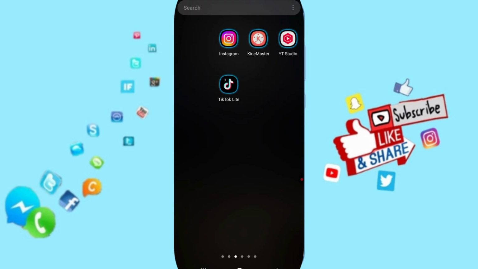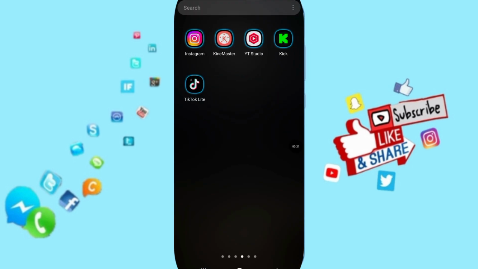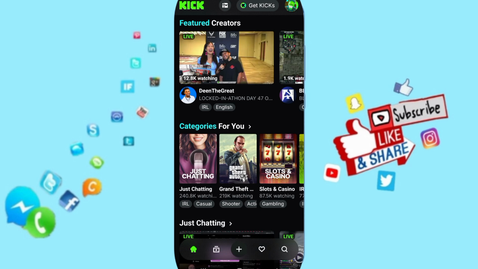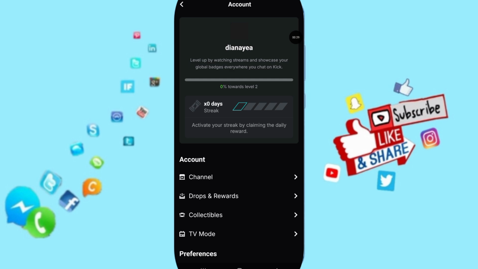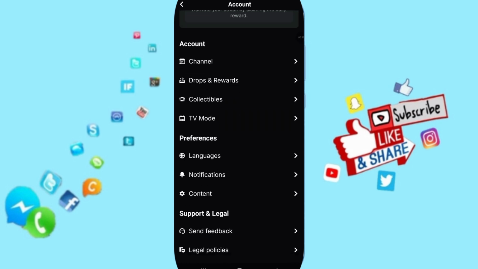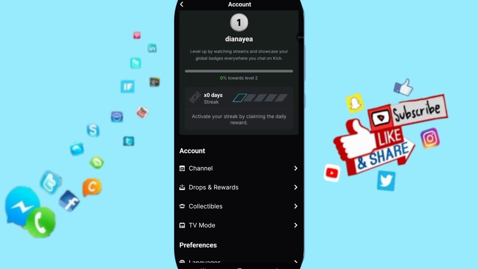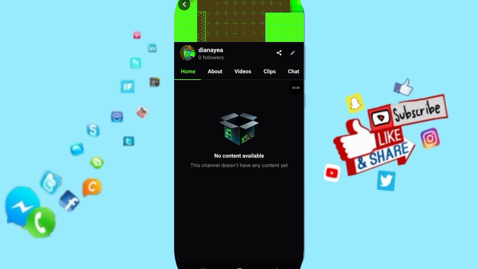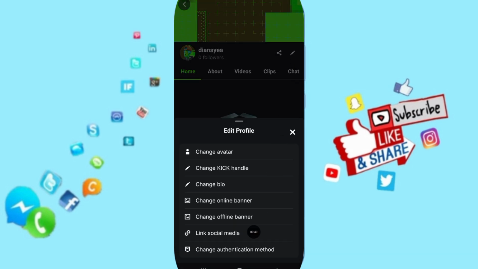First thing you have to do is go to the Kik app. As you see here on this page, you will go to the top of this side. Here in this window, you will find Channel. Then you will find a pen here, you will tap on it. In this list of the pen, you will find Edit Profile, and you will go,